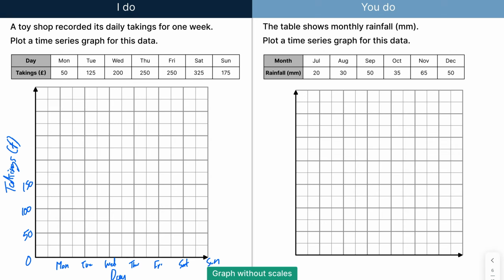So we'll look at some examples afterwards. That'll be a bit more clear. So in this case, all of that works. So now I can plot that. Monday is 50. Tuesday is 125. Wednesday is 200. Thursday is 250. Friday is also 250. Saturday is 325. And Sunday is 175. And again, if I just connect that together with a nice straight line,